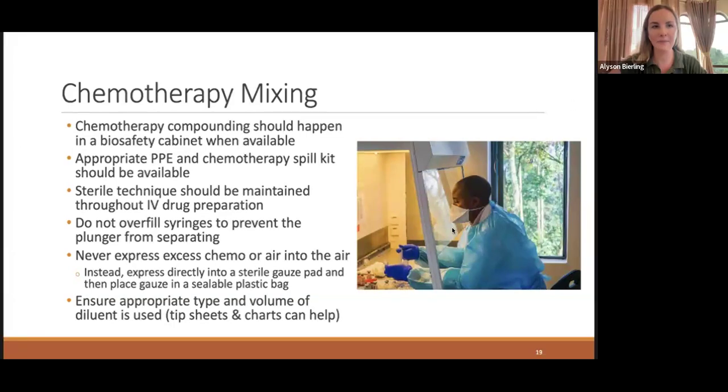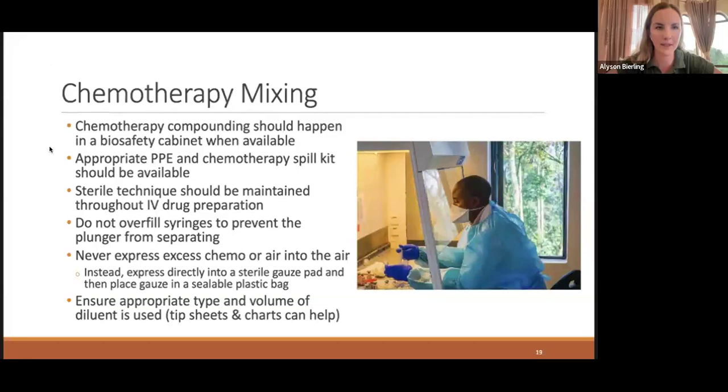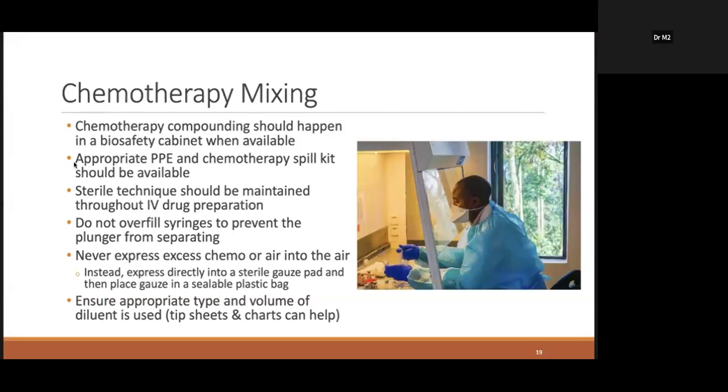Ideally, the mixing would happen in a biosafety cabinet, which protects the nurse or the pharmacist who is doing the mixing. If it's unavailable, we want to make sure the compounding happens in a space with a lot of airflow and where there's no patients or other care providers. Appropriate